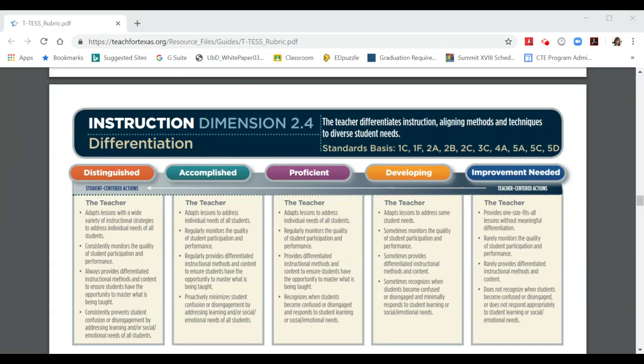As you can see right here, anything in improvement needed, the rubric is going to describe more teacher-centered actions, things that the teacher is doing, but not necessarily impacting the students. As we move along the rubric, you'll see a continuum that starts to support more student-centered actions, very student-centered, driven by the class, and very clearly driven by the students. So let's go through each of these, starting with the proficient